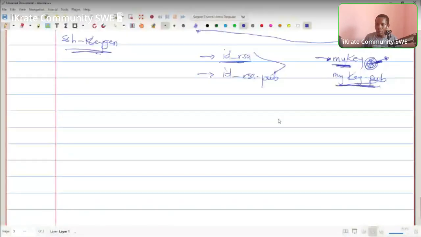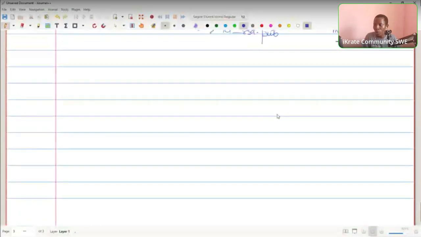Now that we have generated this key, let's start with how to connect. Then when we connect to it, I will do what I was about to do. How to connect to a remote server through SSH. To connect to a remote server through SSH, it's simple. You just mention the protocol you want to use to connect, SSH. You remember how you connect to